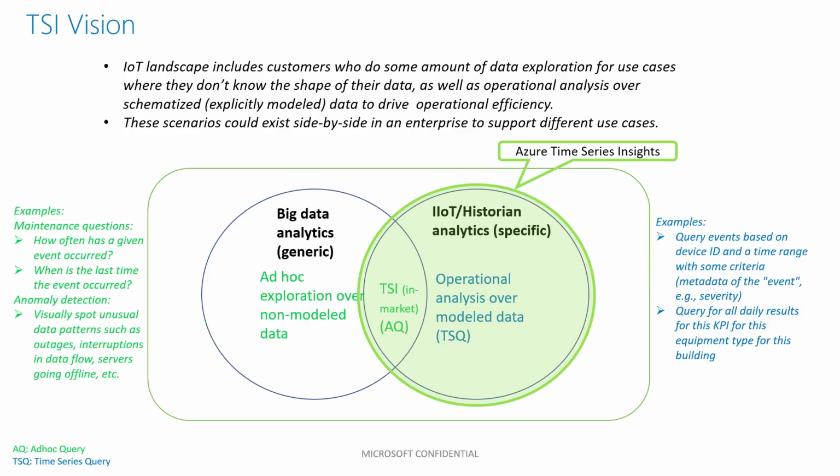So decades worth of data, historize the data and get quick analytics over the historized data. The second thing is customers model their environment, their data, and they want to be able to contextualize the raw telemetry that's coming from sensors with this modeled data. And then be able to query, because now they know the shape of their data, be able to query data based on devices or assets, right? And that contextualized queries gives them the ability to drive operational efficiency.